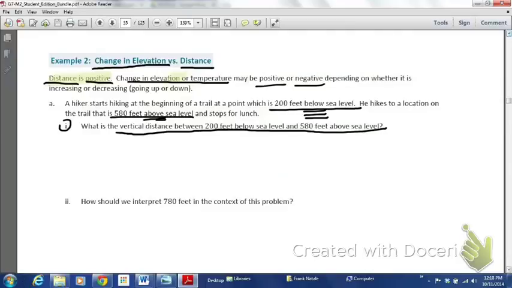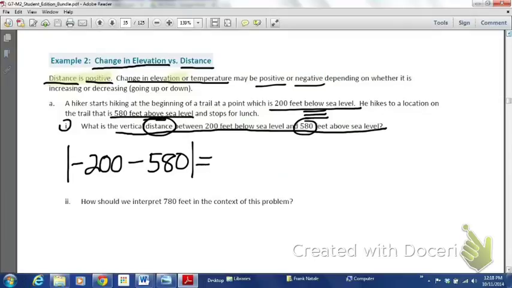We're trying to find distance, so let's use our distance formula. It's the absolute value of where he started, which was negative 200. Again, we're subtracting because we're finding distance, trying to find that space in between. So minus a positive 580, because that's where we ended up, positive 580. So that's going to equal